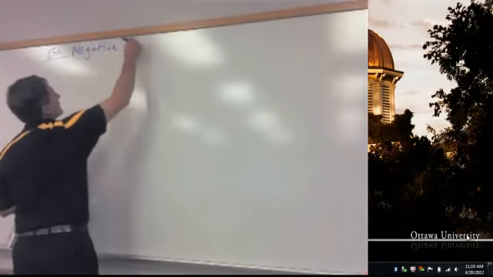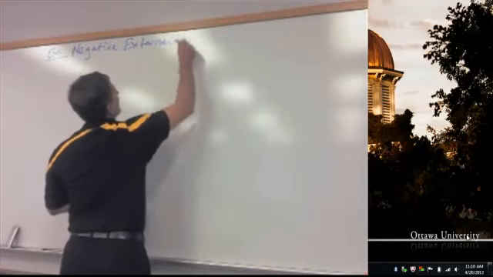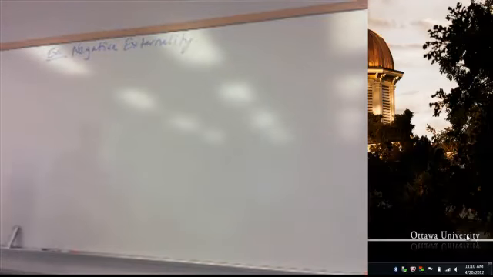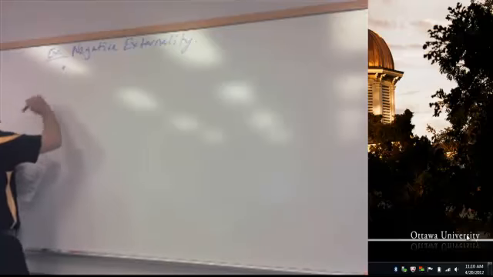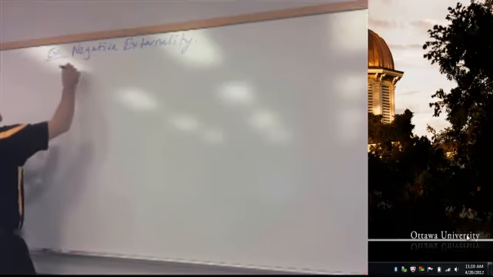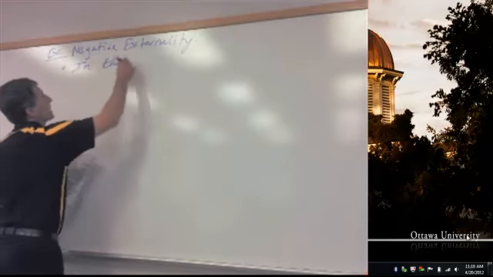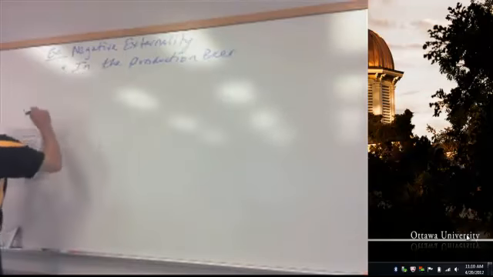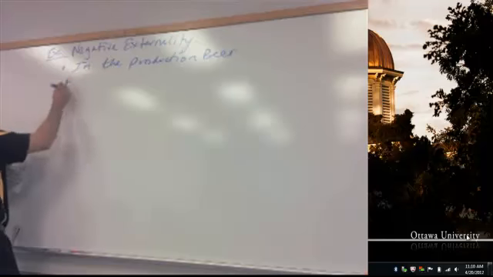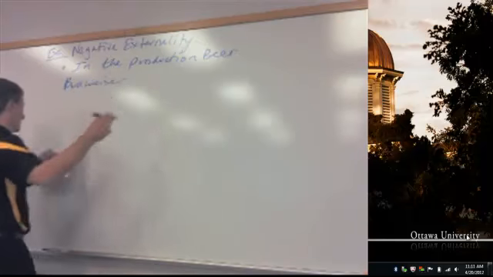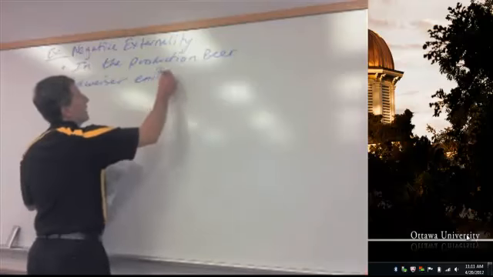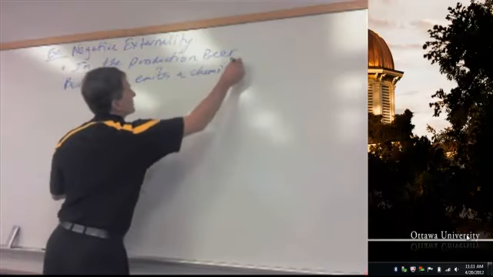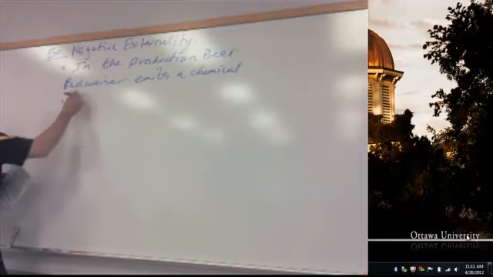A negative externality. So this would be a cost borne by a third party not directly related in a transaction, going back to our definition. And so let's go back to our beer market. And in the production of beer, Budweiser emits a chemical into the air